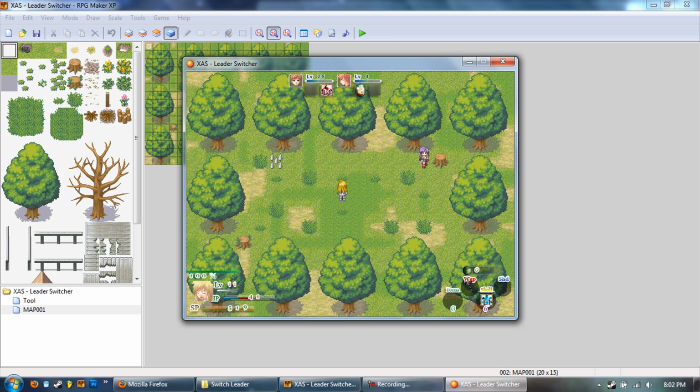So after opening it up, you press Shift to change, but you can't switch for another 5 seconds because I set it in the variable. And then, as you can see, they have a jump effect when they come back. Actor ID number 3, which is this guy, does not actually use a skill because it's not defined in the script, so he doesn't have one. But Alice instead does, which uses the ice skill,